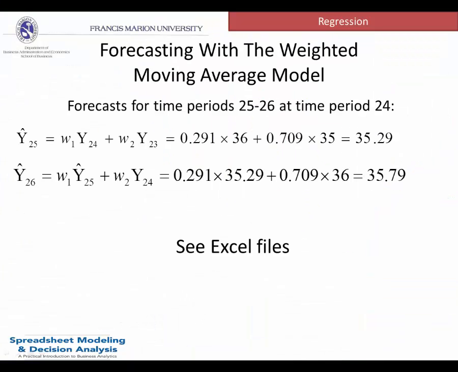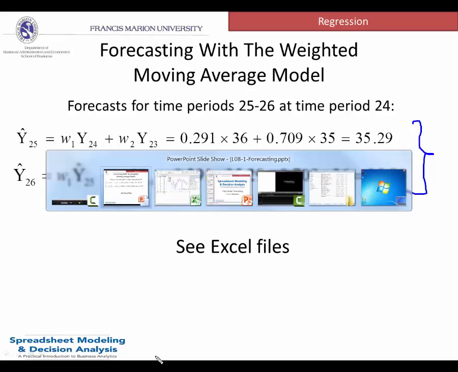And here is the answer. We have to calculate our forecasts for the time periods 25 and 26. So if you go back to the Excel file,